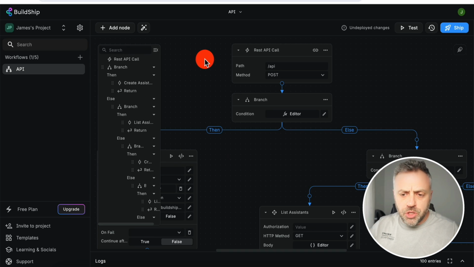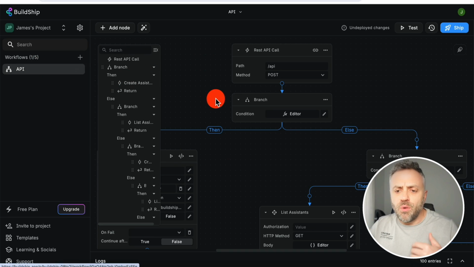And so in today's video, I want to share with you some important getting started tips that allow you to hit the ground running quickly and easily. And I'll also close out this video with some powerful and easy to leverage techniques that you can use for your next app. All right, so here we are in BuildShip,